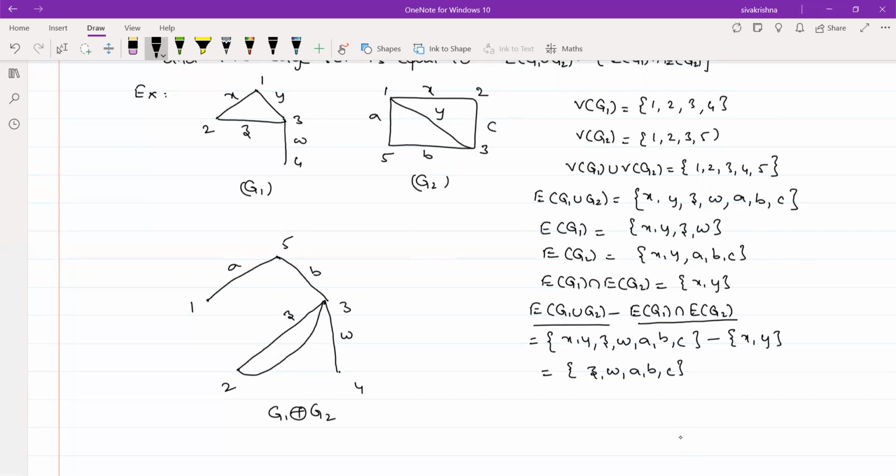So this particular formula is to be used to find the edges which are present in the graph ring sum of G1 and G2. Okay, and the edges present in that particular graph are Z, W, A, B, C. Okay, this is about ring sum of 2 graphs. So coming to the next one, that is the 5th one,